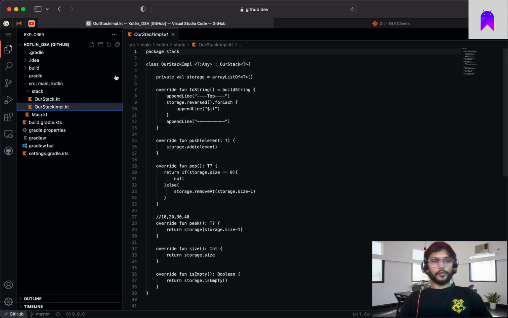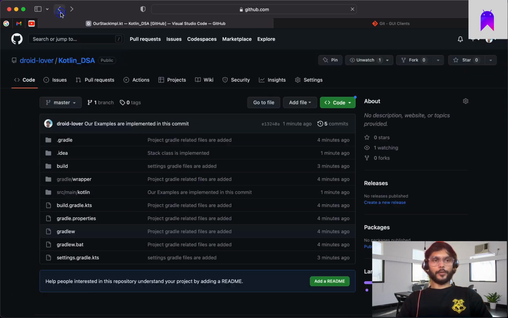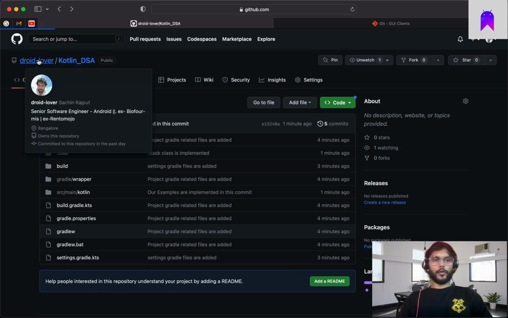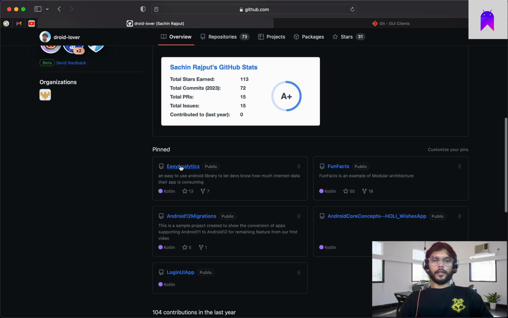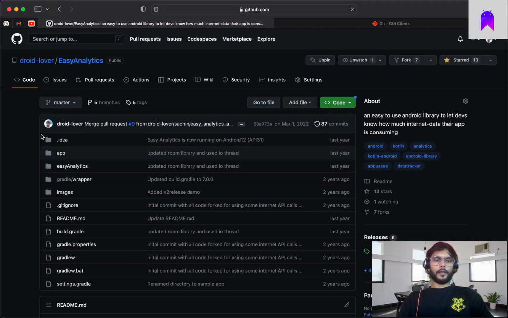Isn't it beautiful? How clever this is. Let me show you once again. We are going to another project this time. Let's say I take you to one of my open source libraries, Easy Analytics. Okay. And if I want to see this inside our project editor or maybe inside our IDE, GitHub has a very cool trick. Just press dot